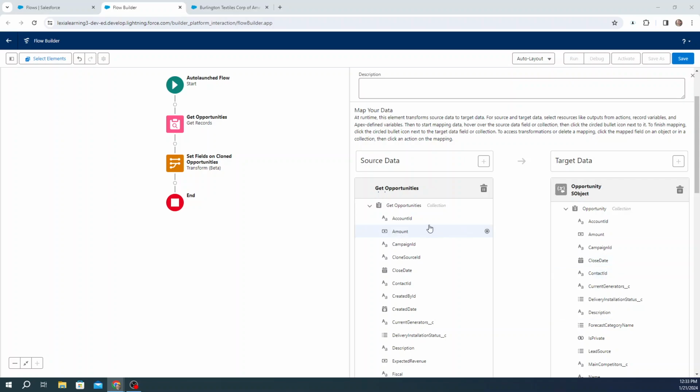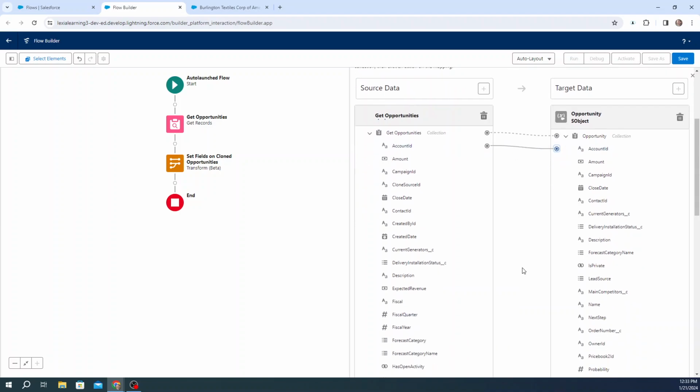Okay, so we want to map. This is, again, just going to be really simple. We just want to get kind of the required fields just so that you guys can see how this transform element actually works. So account ID, we're going to map that to account ID. Let's see, we have close date. So we're going to map that to close date. And I think